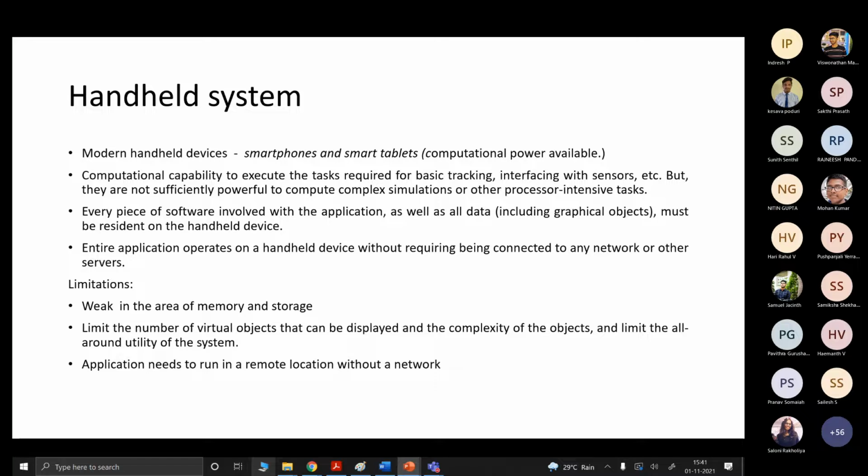They can display only a limited number of objects. To overcome this disadvantage, we can move on to remote servers. Another limitation is when the application needs to be run in a remote location without a network. Without a network, we cannot connect to the remote locations. That will be a drawback.